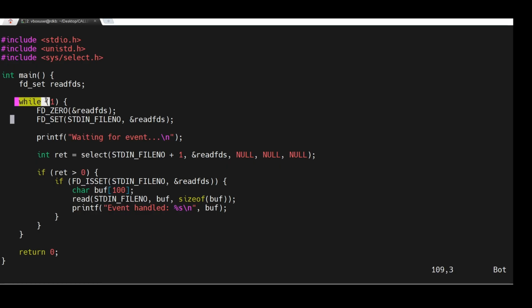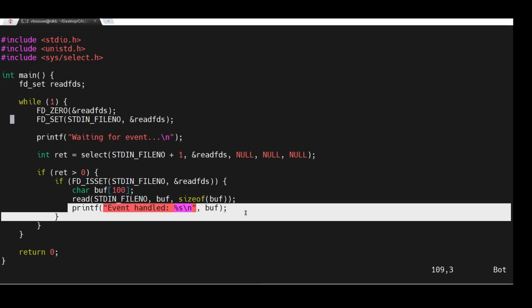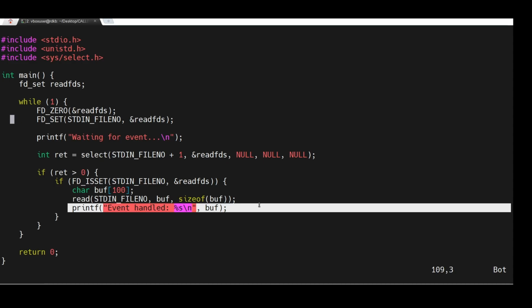because we are using a while loop here. Okay, and we have a select call. So once we register this FD to this select, then select will be watching this FD. And once we get an event, it gets processed here. Okay. So it will check whether some data is there at that FD, and after that it will read the input and print the data. Okay, simple as that. So this is a very simple example to demonstrate this event system,